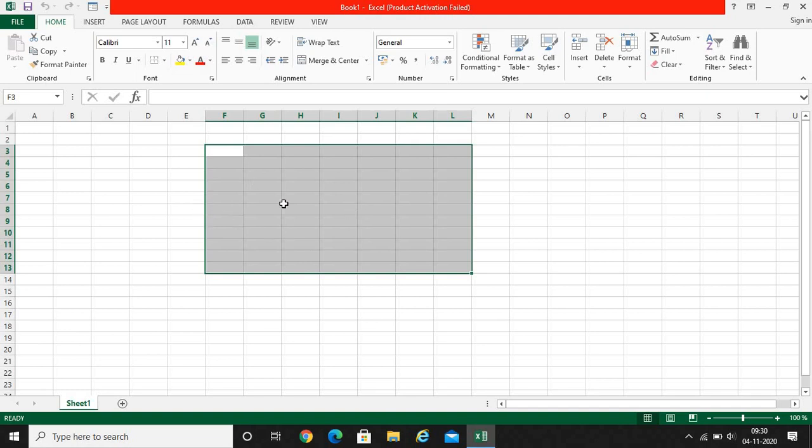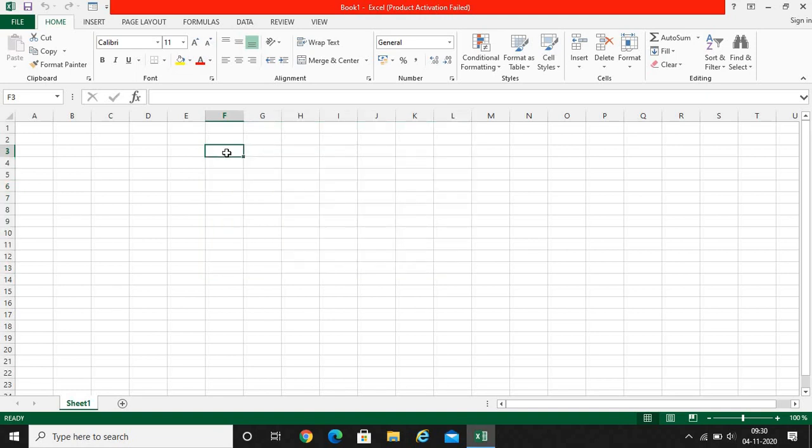Okay, now we will add some data. I will put some data first, and then we will learn how to select it and how to change the data. Selection I have already told you. In that manner, if you drag it in this way, it will go on selecting the entire part which you have selected.